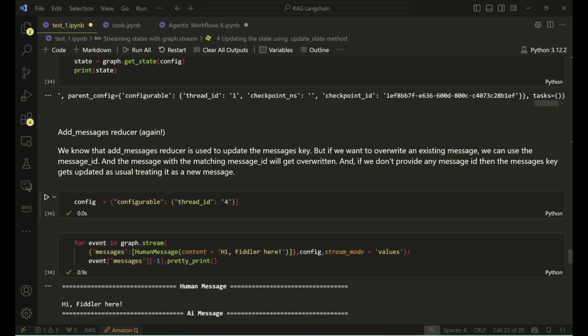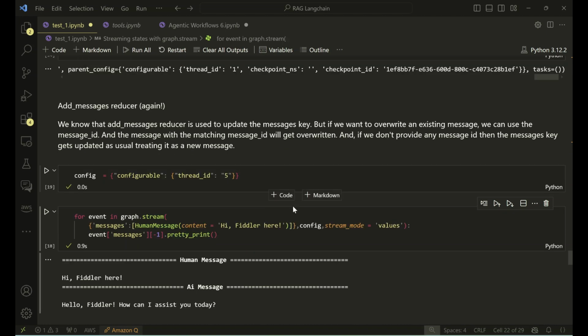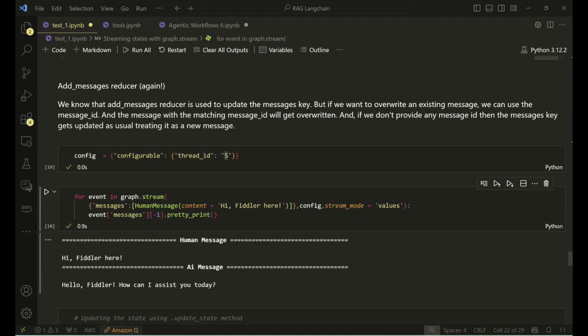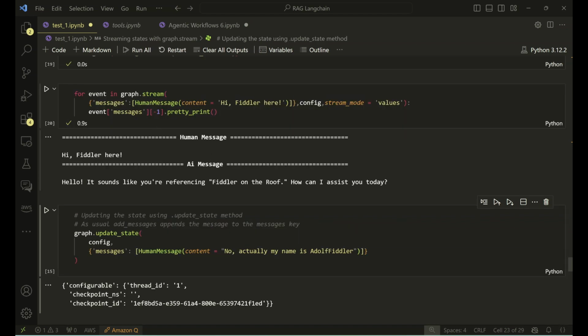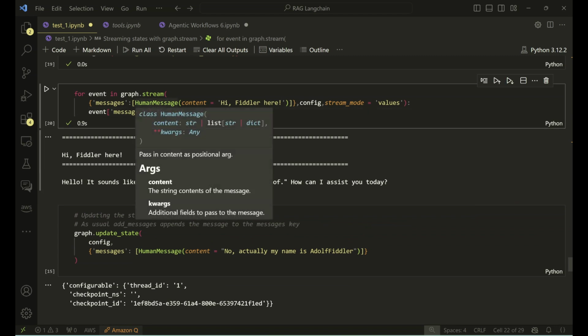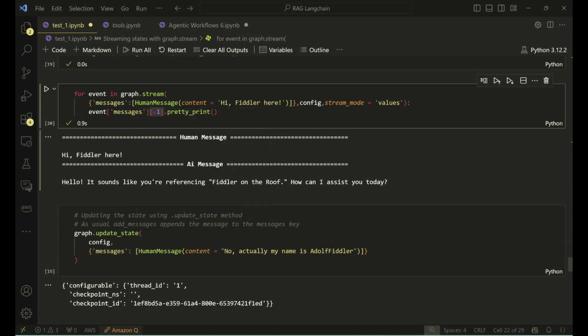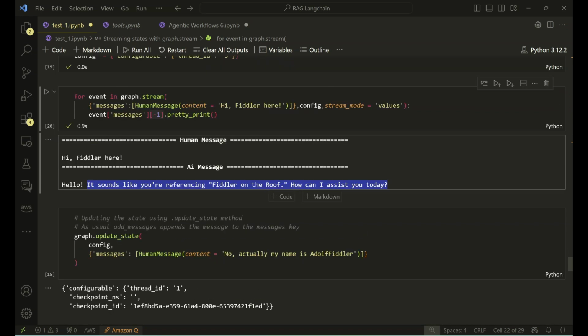All right, now let's see it working. First of all, I'm updating this configuration to run the code again from the start, and we have this code to run it. Messages, this is the input, the configuration, the stream mode, and let's run it. I've added -1 over here because I'm taking just the value section of the last state, and so this is the input. Hi, Fiddler here. Hello, it sounds like you're refreshing. Fiddler on the roof, how can I assist you today? Okay, now